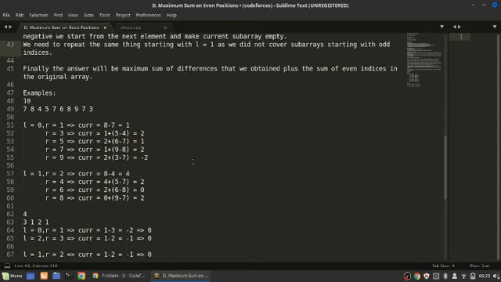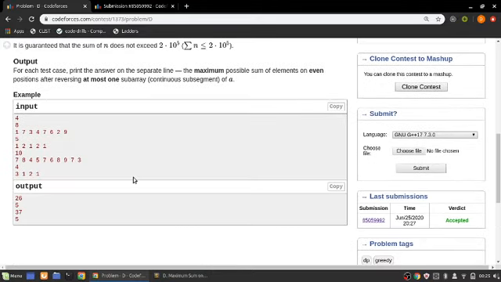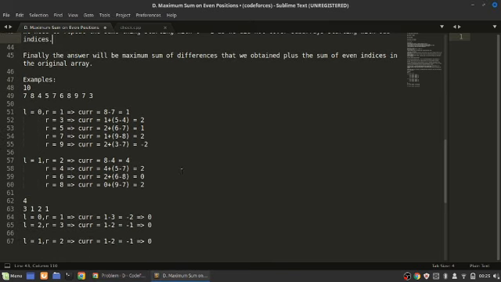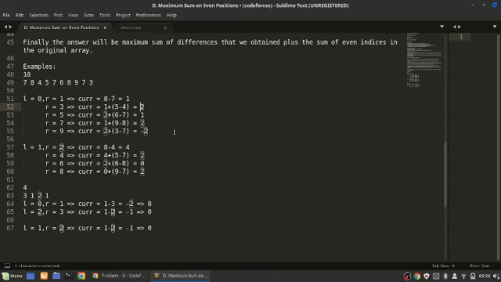So this is the third example, I guess. Yes. So first L equal to 0 and R equal to 1. The difference we find is 8 minus 7, which is 1. Now this is positive, so we continue our search and increment R to 3. Now when R is 3, then 4 and 5 got added to our subarray. So the current will be the current which we formally found plus 5 minus 4. So it will be 1 plus 5 minus 4, which is equal to 2. This is still positive. So we continue our search.